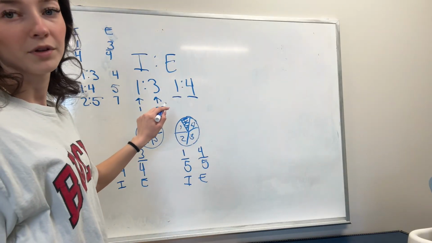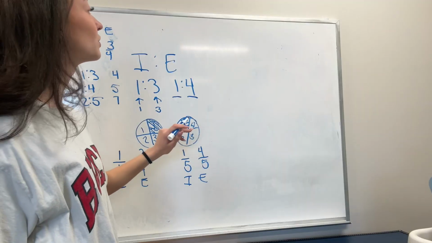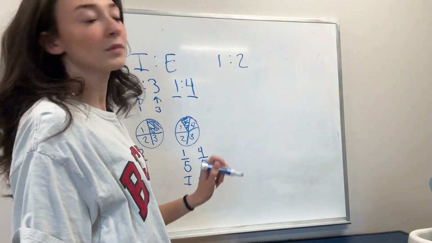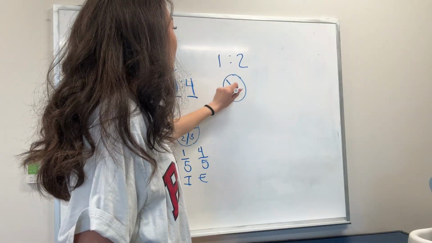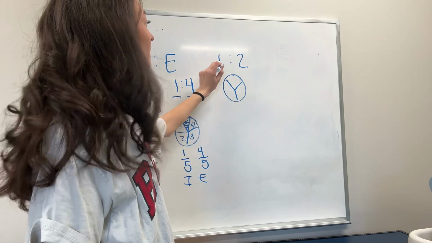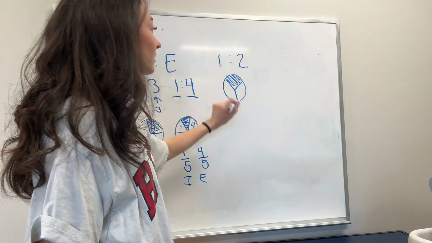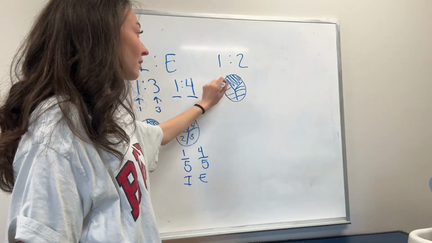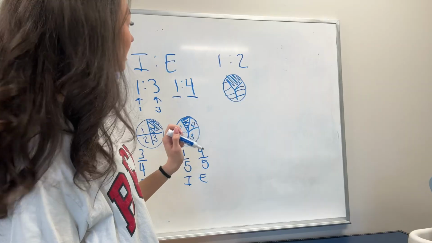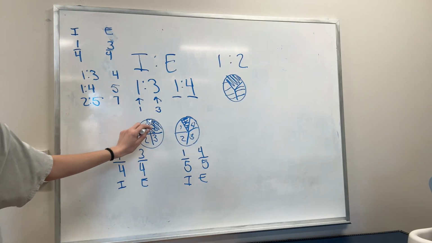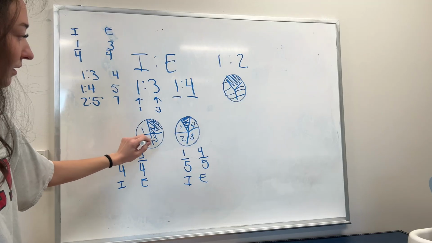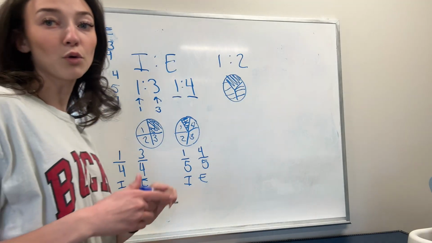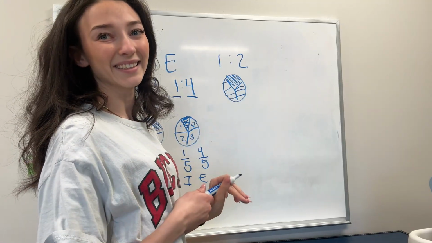In order to do so, you're going to be adding the two numbers. So if we had a ratio of 1 to 2, we know one part of it is this for every two parts that are that. Same with 1 to 3, there's one of this for every 3 of that, there's one of this for every 4 of that. So in order to figure out how many total pieces of the pie you have,